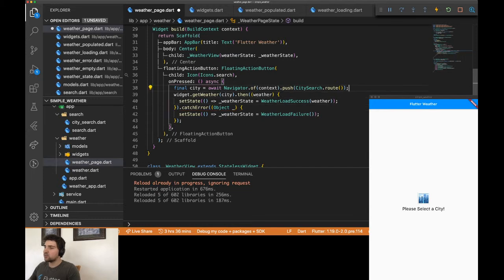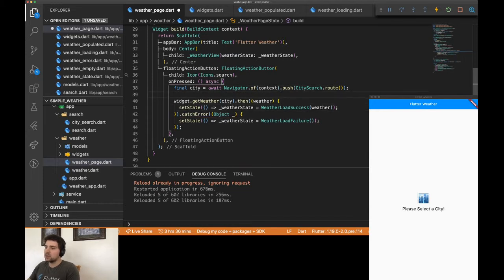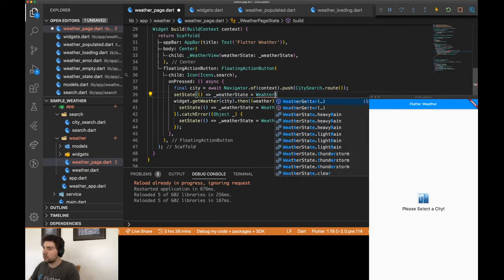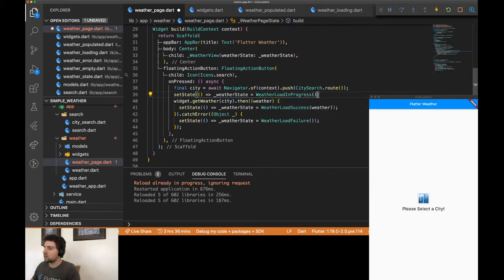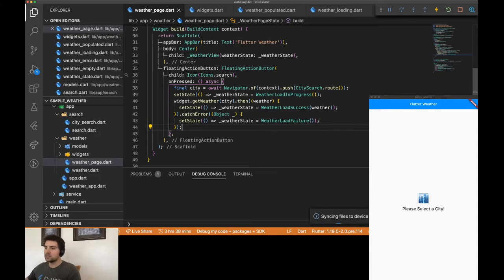And the other thing that we need to do is right when we're about to make this call, we can do a set state and say our weather state is equal to weather load in progress, right? So as soon as the user types in a city, we're going to tell the user, okay, we're searching. We're going to execute the search. And then if the search succeeds, we're going to say, okay, we're a success with that weather object. And if it's a failure, we're going to say we're a failure with that weather object. So if I do a hot restart now, and I do a search, and then I type Chicago,